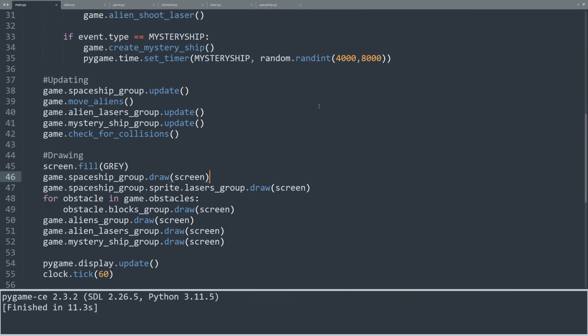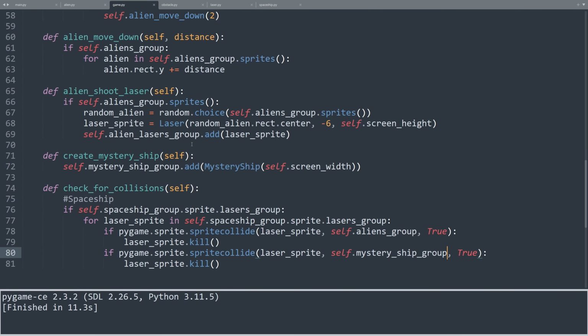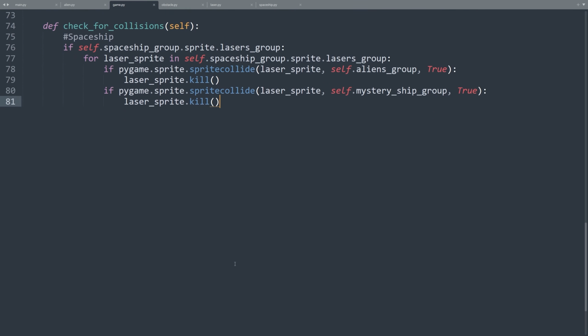Let's move on to the obstacles. The spaceship laser must be able to damage the obstacles. As we said before, each obstacle is just a bunch of small blocks. When a laser beam hits an obstacle, we have to destroy the block it hits. Let's go to the game class to work on this behavior. We need another if statement to check if any of the blocks of the obstacle is hit. But we have 4 obstacles, so we need to check each obstacle one after another. So we will use a for loop.